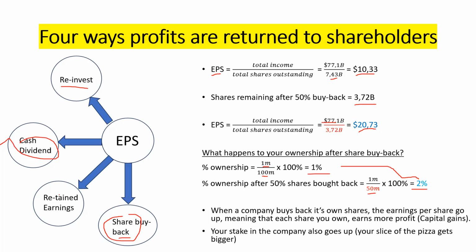We move on to the last and least desirable option, retained earnings. So the fourth thing a company can do is to just keep your profits in cash as retained earnings. This is just a piggy bank where the company just takes the profits and puts it in a cash reserve and leaves it there. And then one day when you want to cash in on your shares, the company will pay you out from those cash reserves. This is the least desirable option.